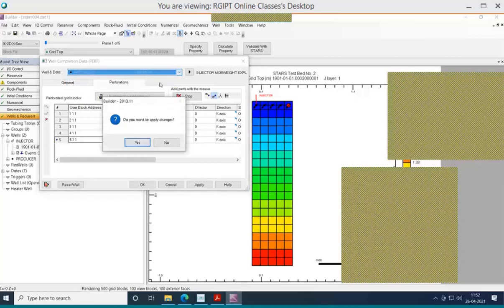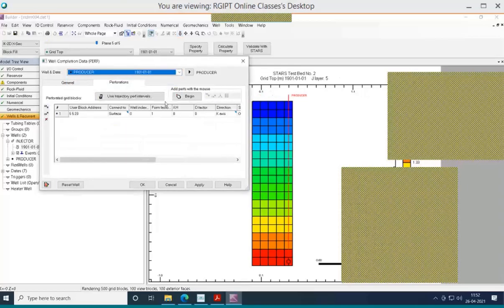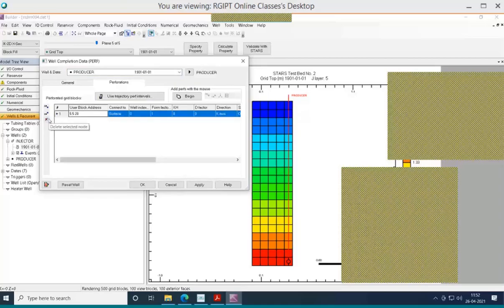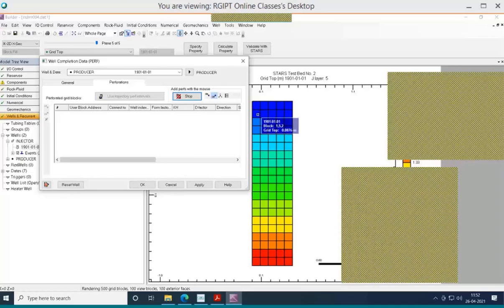And also for the producer, let me delete this one. And perforation, we can give it. Let's keep this vacant, and let's start from here. Okay. 153.